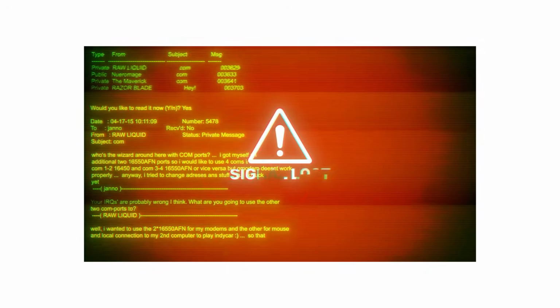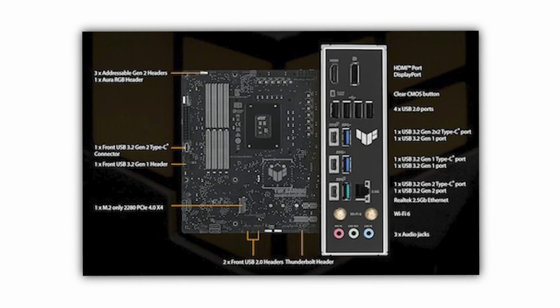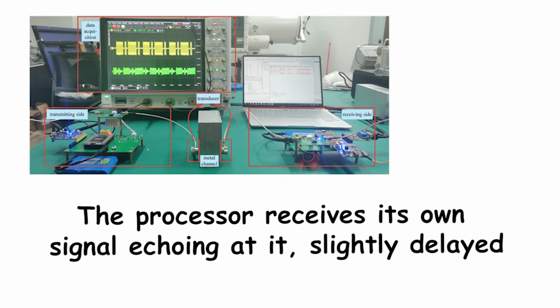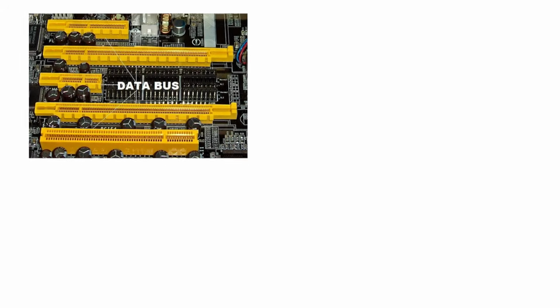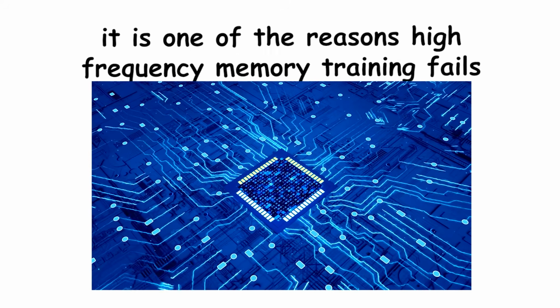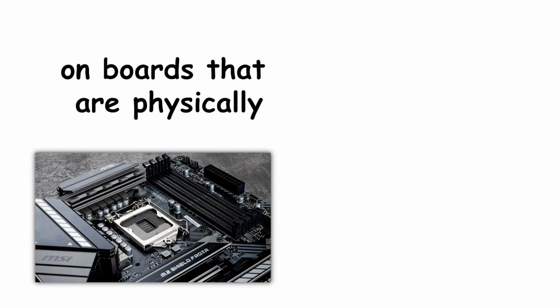At that mismatch, a portion of the signal doesn't continue forward. It reflects back toward the source. The processor receives its own signal echoing at it, slightly delayed, and interprets it as incoming data. This is signal reflection, and it is one of the reasons high-frequency memory training fails on boards that are physically